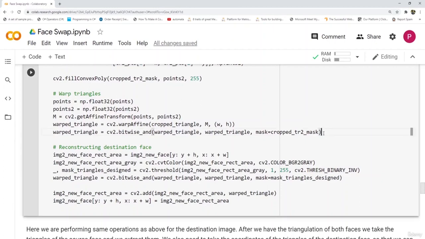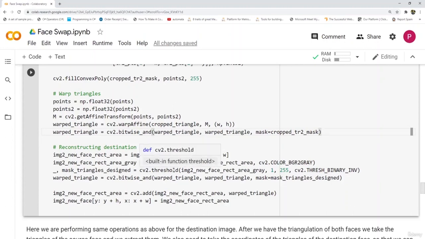Now next what we'll do is we will reconstruct the destination face. So we have extracted the face from the source image and we have deleted the face of the destination image. Now we'll replace the destination face, reconstructing the destination face using the cvtColor and threshold functions.